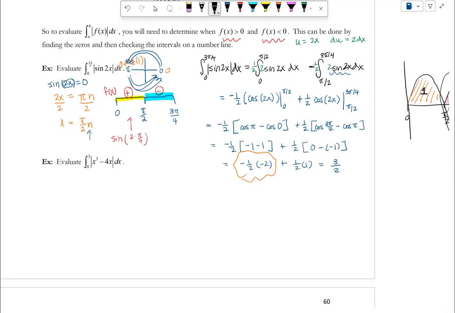So we said that the first thing we have to do is figure out when our function is 0, if we're going to evaluate the absolute value of our function. So I need to set this equal to 0, and then factor, and then keep factoring. And I find out that this is going to have zeros at -2, 0, and 2. But the only one I'm really worried about, because I'm looking at my limits of integration here, is 2, the only number that's between 0 and 3. So I'm not really worried about this function having a 0 at -2 or at 0,